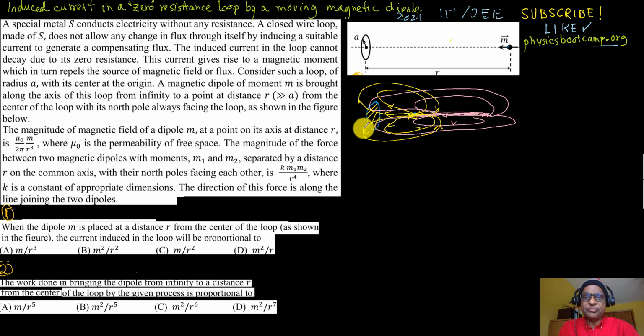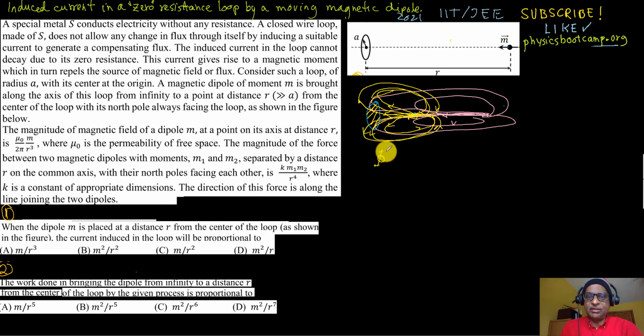When it's nearby, there are more field lines that go through it. More field lines go through it. So because magnetic flux is changing,